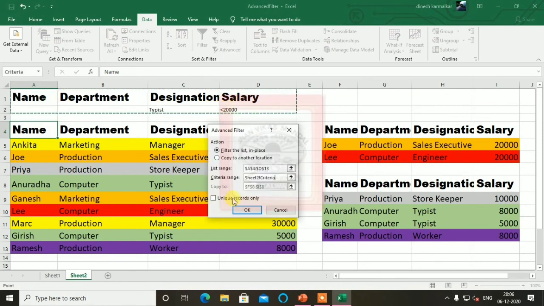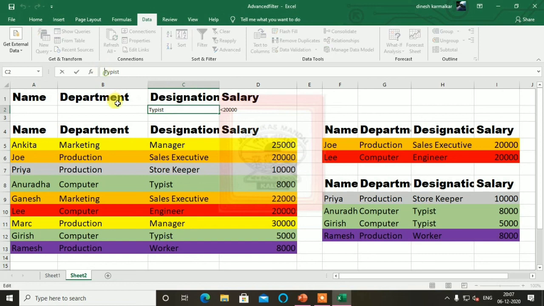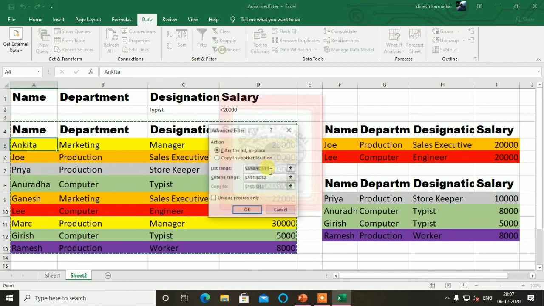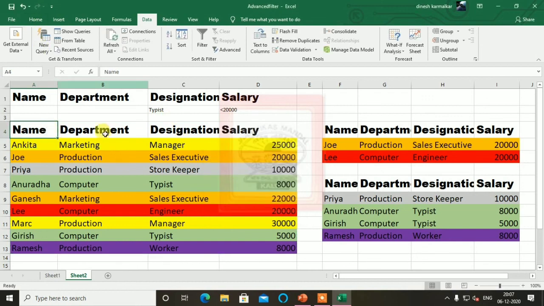So criteria is here typist, and let's say here place for these 2 things.